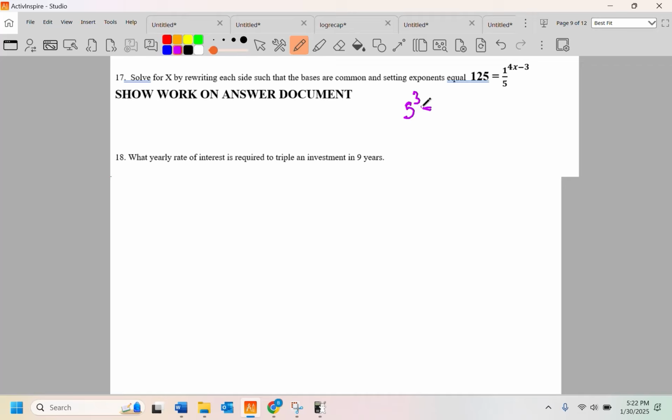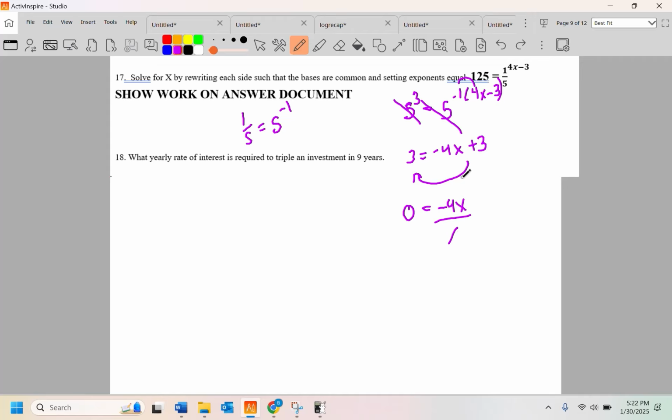Because the one on the test, this is the issue. Anyways, 1/5 is 5 to the negative first. So 5 cubed equals 5 to the negative first. Keep your current exponential space of 4x minus 3. And then we can drop the bases, right? So 3 equals negative 4x plus a 3. I get to subtract 3. That makes a 0. And I did a whole bunch of work. I don't know why I just divided by x. I did a whole bunch of work to get 0, because 0 divided by anything with the exception of 0 is 0. It is what it is, man. Anyways,